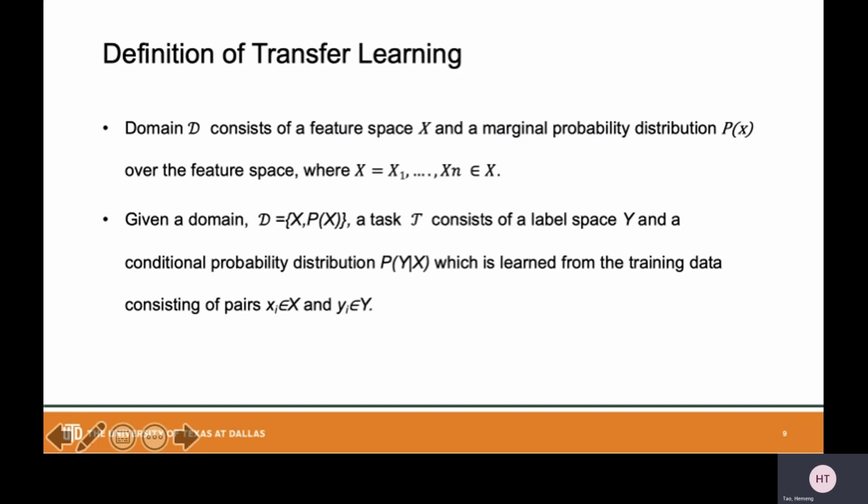So here is a more detailed definition of transfer learning. The domain D consists of a feature space X and a marginal probability distribution P(X) over the feature space. Given a domain D, a task tau consists of a label space Y and a conditional probability distribution P(Y|X), which is learned from the training data consisting of pairs Xi, Yi.